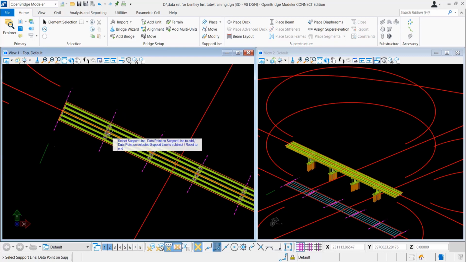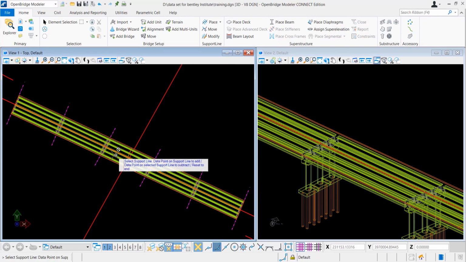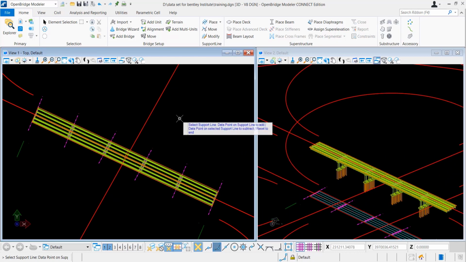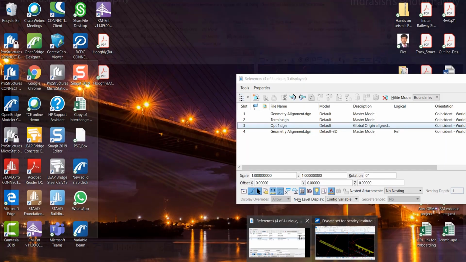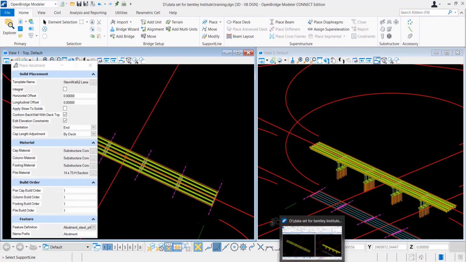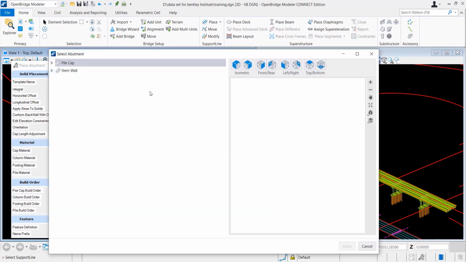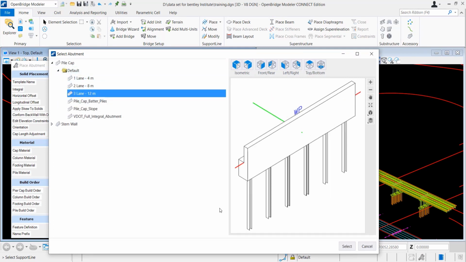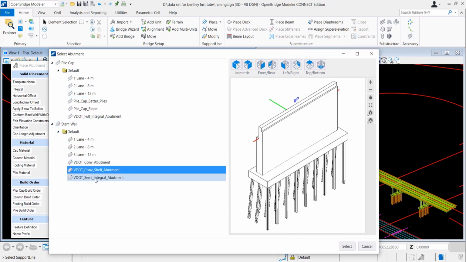So here you can see now we have placed the piers. The pier has been placed parallel to the support line. Once a support line has been defined in skew, you can see that the pier has also been defined in the skew. Again, there is an option for placement of your abutment here, right? So let's place the abutment in a similar way. What would we do? We will select the template of the abutment from here. You can see there are different templates available. These are for open foundations.